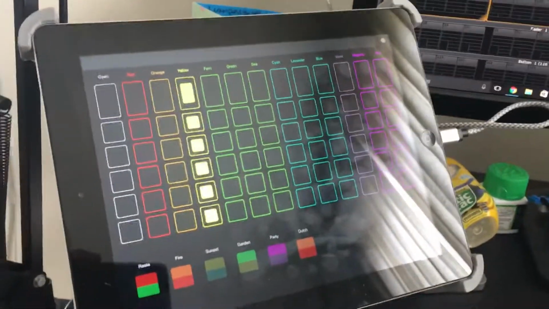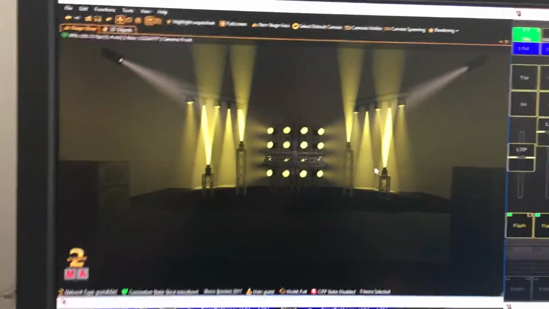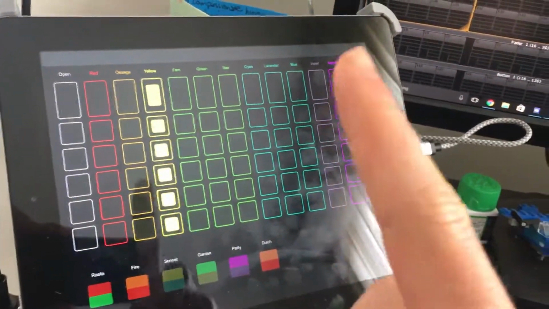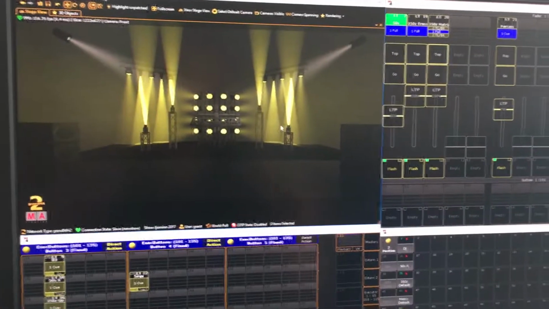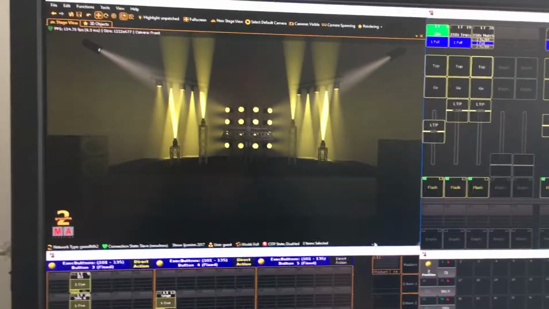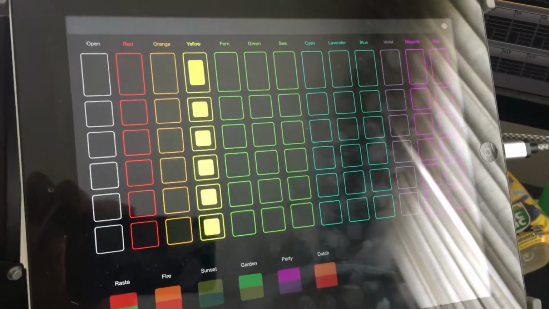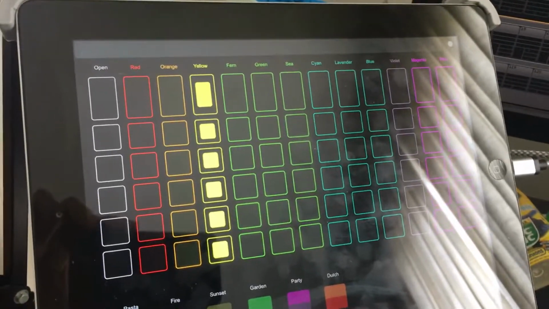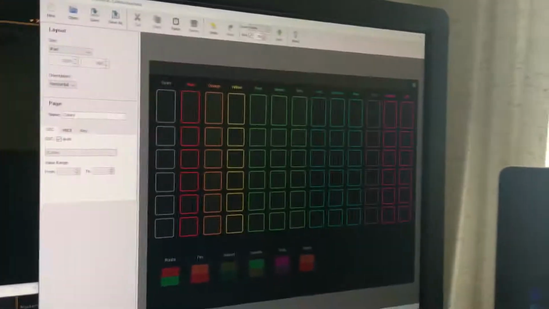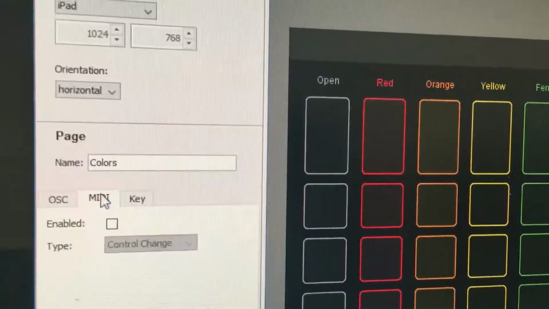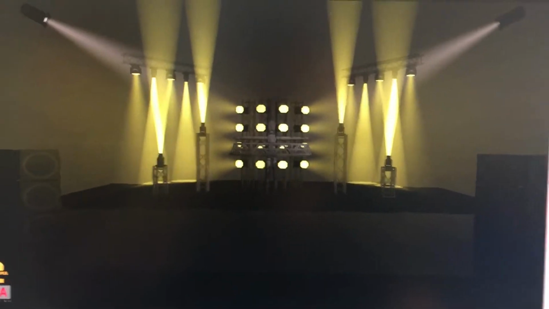So to make all this happen, all the TouchOSC is doing, so this is TouchOSC running on the iPad, I've got the TouchOSC bridge running on Windows, so all that's doing is translating the OSC data in TouchOSC, translating it to MIDI, and then in GrandMA I